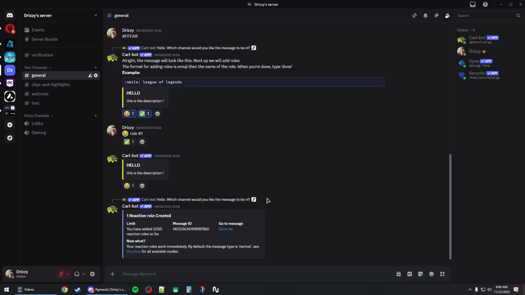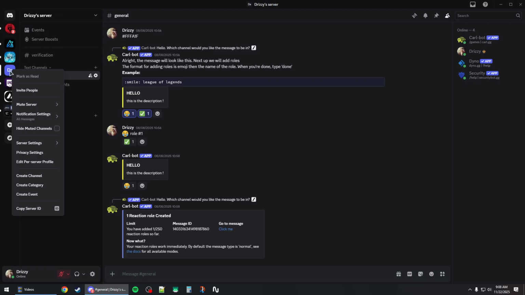How to create an invite link for your Discord server. So first you want to select your Discord server from the Discord app, and then you can go to any channel and you can press this create invite button, or you can right click on the server icon and then